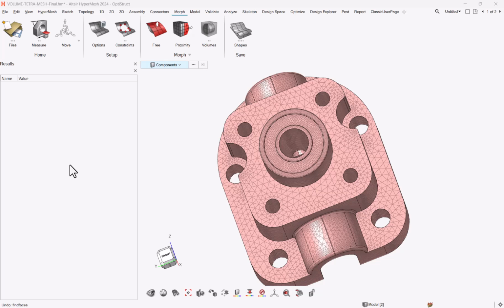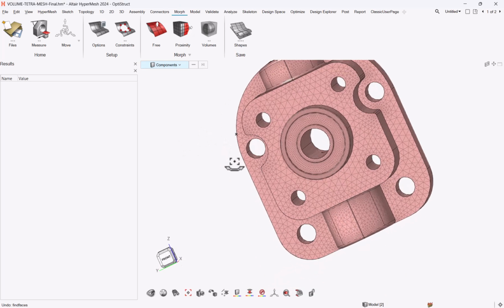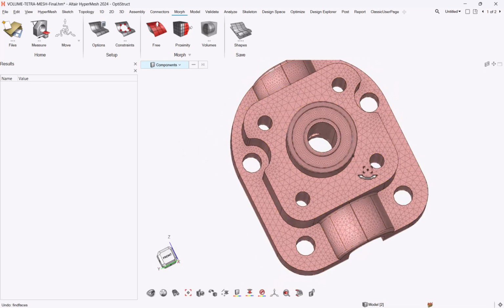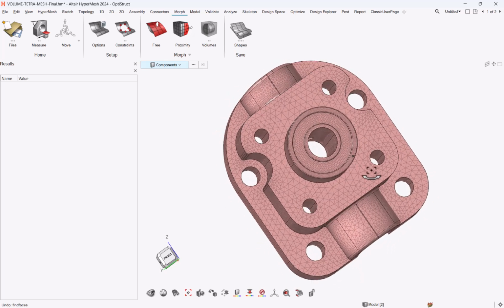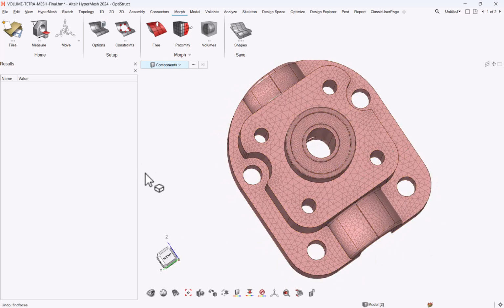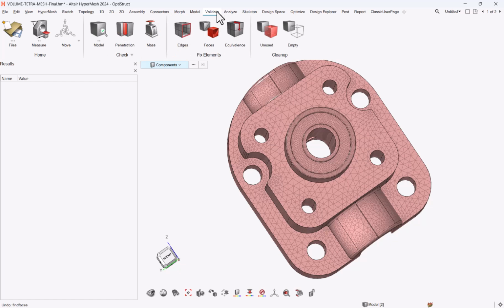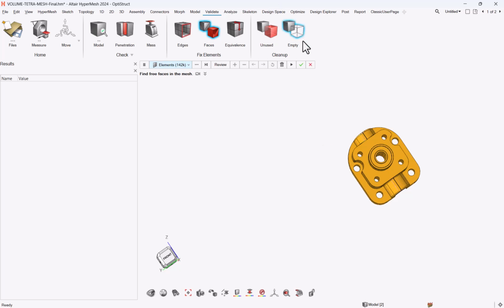Among the improvements from 2024, we can also mention improvements regarding performance, especially for two main topics. Topic number one is about morphing. I will be able to run here a short demo. So here I have a solid mesh with different holes, and what I want to do, for instance, is to change the size of the holes. So for those who are not familiar with morphing yet, to deal with 3D holes, we need to first extract the faces. So let me go to faces, take all my elements, validate,